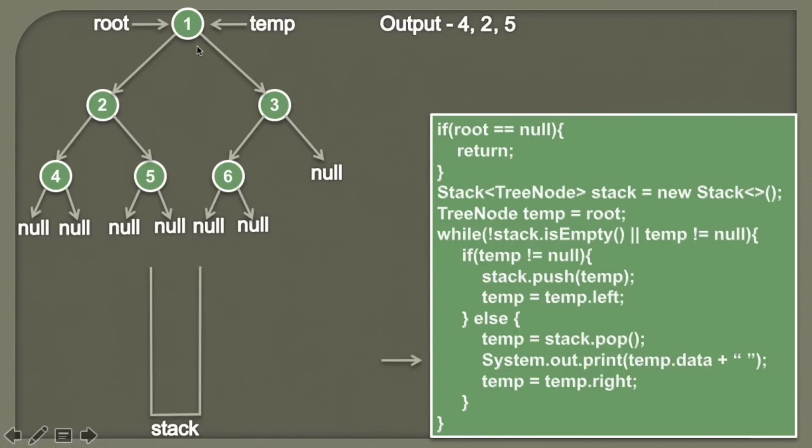So friends, here you can see for the node 1 we have completely visited its left subtree by printing 4, 2 and 5. So now we can actually visit this node. Therefore we simply print the data associated with this temporary node, which is 1. So 1 gets printed on the console. Therefore we have visited this node. And in the next step, as we have visited this node, now we'll simply go to its right subtree. Therefore we simply assign temp.right to temp. So here you can see temp.right is pointing to the node 3. Therefore now temp will point to the node 3.